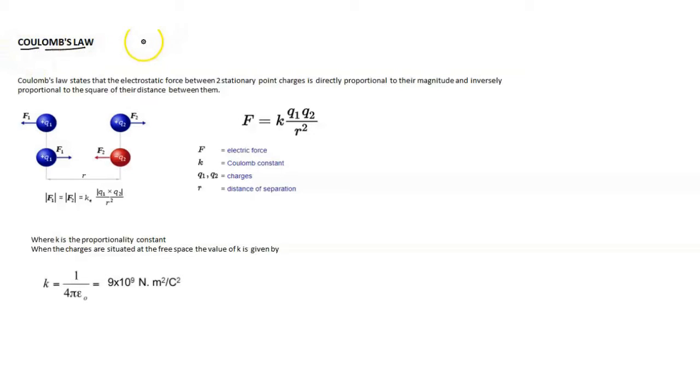This law is also known as Coulomb's inverse square law. So the name has its own meaning, inverse square law, that we are going to study in this video. Coulomb's inverse square law is a law of physics describing the electrostatic interaction between electrically charged